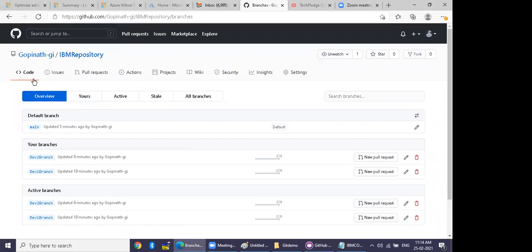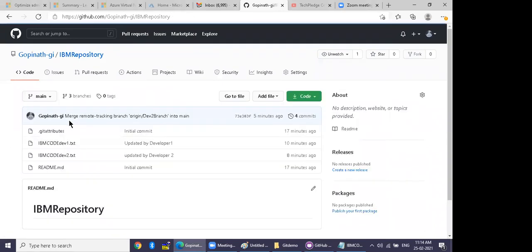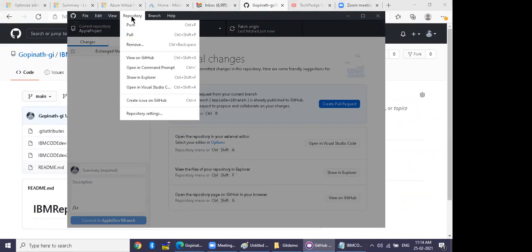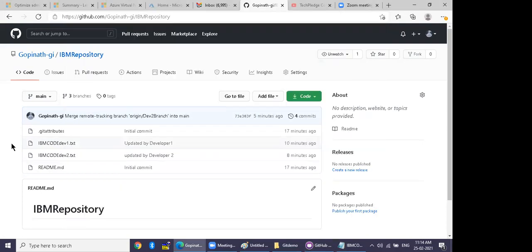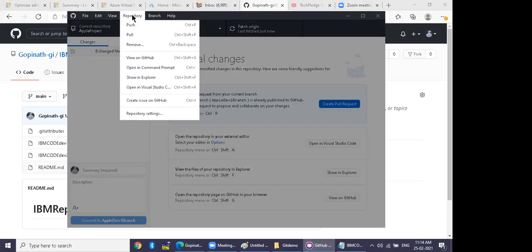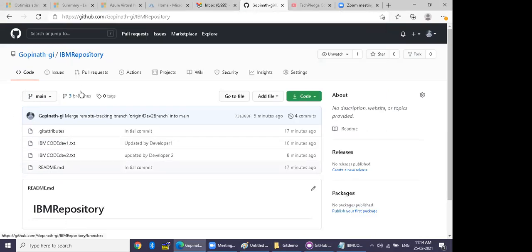You created a new repository, Apple repository. So go back, click your cat icon on github.com.